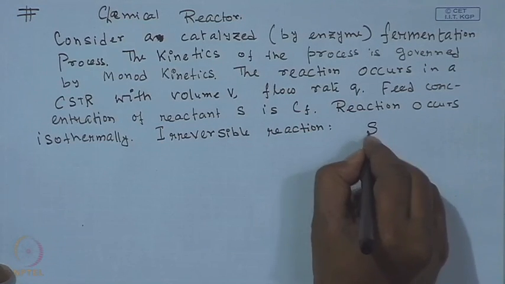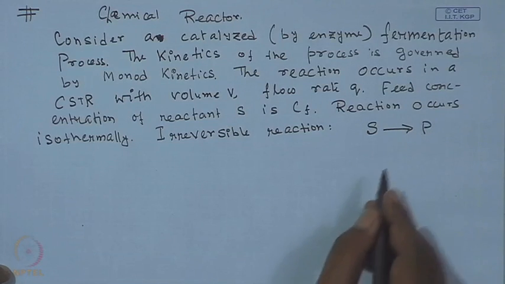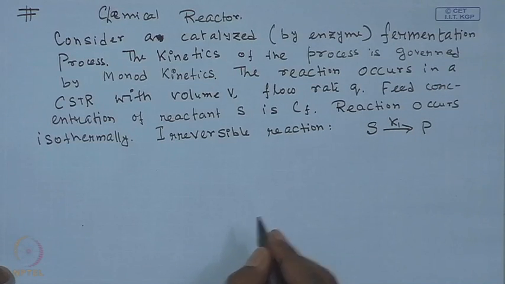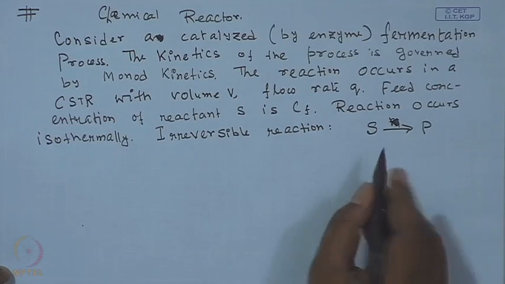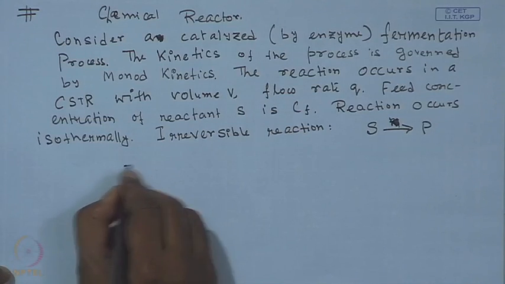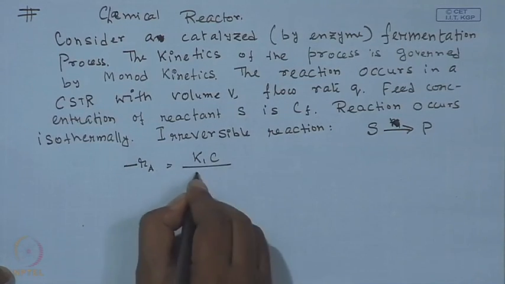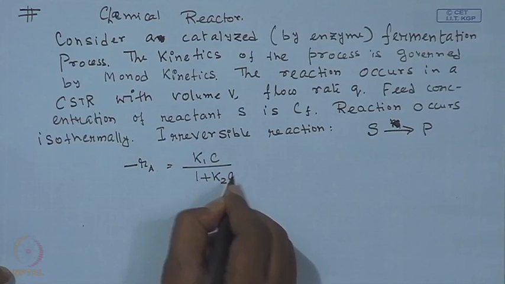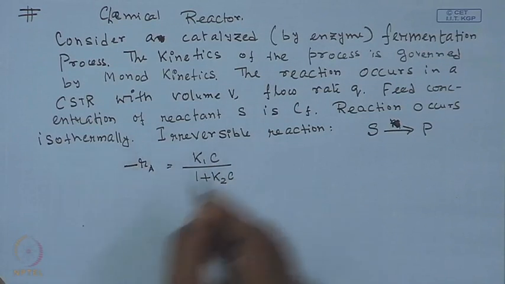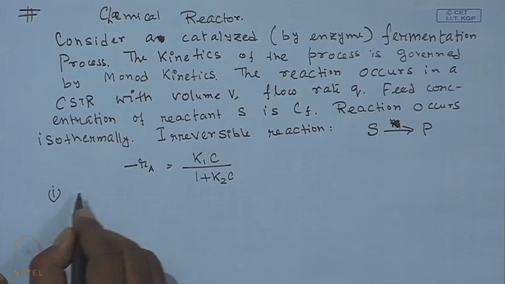The reaction is something like this. The substrate, the monomer, the reactant gives the product with a rate constant. This is not rate constant K1 because it is a complicated Monod kinetics, and the rate expression is given as minus R A is equal to K1 C divided by 1 plus K2 times C. So, if this is the system, now the questions are to show